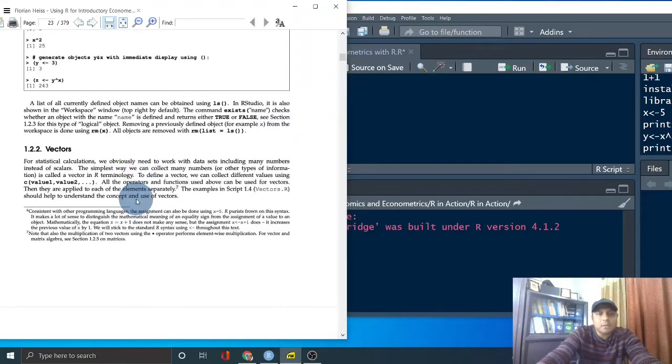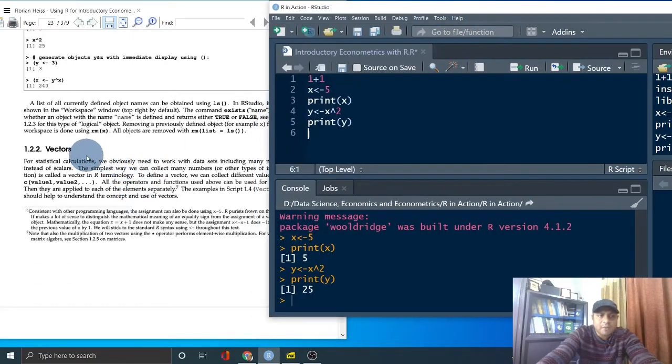Another one is, we are talking about vectors. A vector has a direction and a value, a scalar value. Scalar value means only the value. But when we talk about a vector, it has a direction as well. So in R there is a vector.